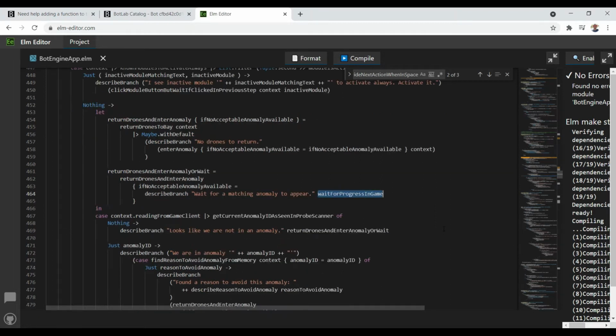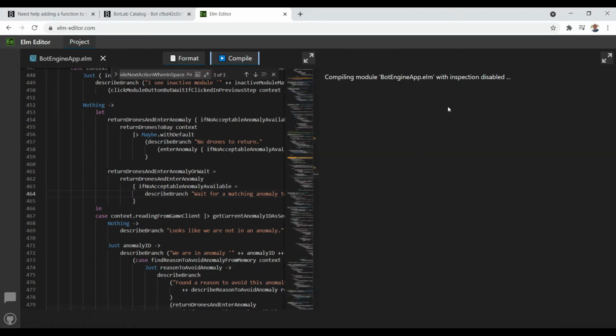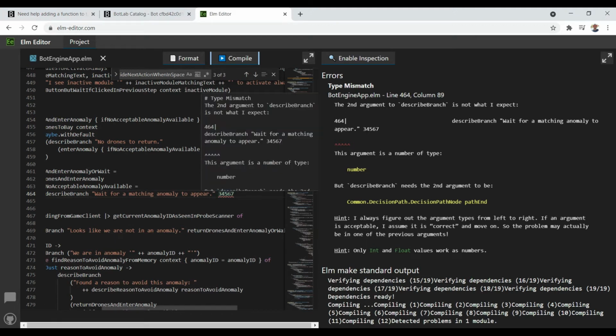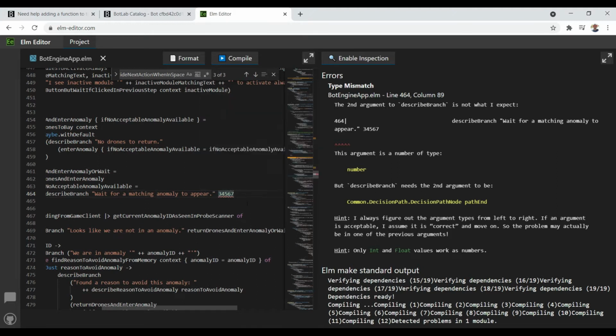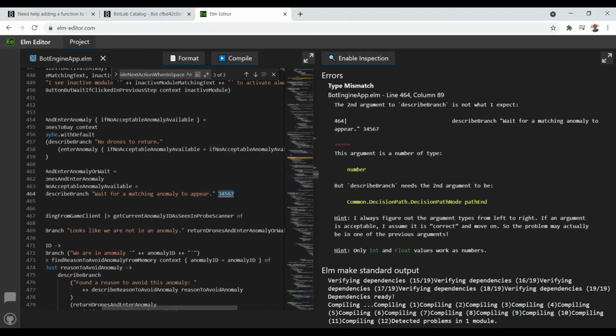We can write something new in here, and because we're using a typed programming language, when we compile this, we are getting some feedback from the compiler, and it's gonna tell us if there's a problem. In this case, there's a type mismatch. This value here doesn't make sense in this case because it's expecting a description of what it should do next. We are gonna search for the behavior in the other bot's program code and copy it into here.